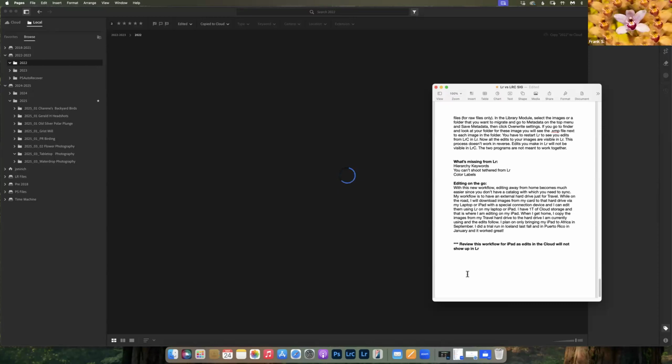Yeah, but if you wanted then to move them over into Classic, you could, and the edits would come forward with them, right? Well, let's ask that. Let me just make a note. I'm going to test that for you and get back to you. Okay. If you edit in LR and import to LrC, do XMP files